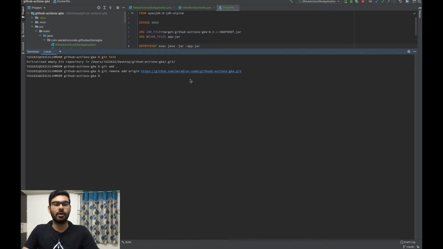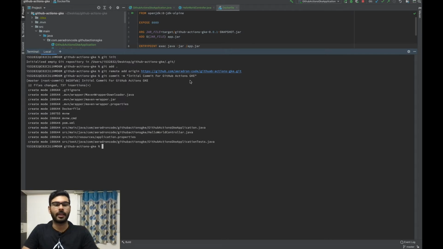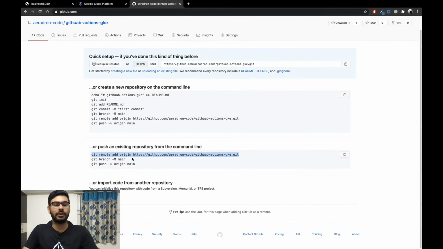So now I want to commit, git commit, message is initial commit for GKE GitHub Actions GKE. Press enter, and you can see we are on the branch main.